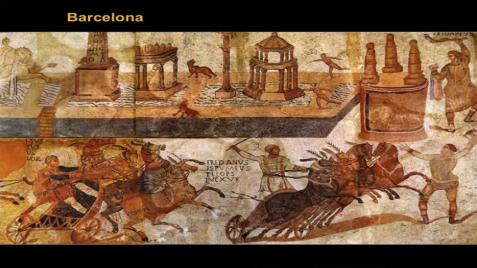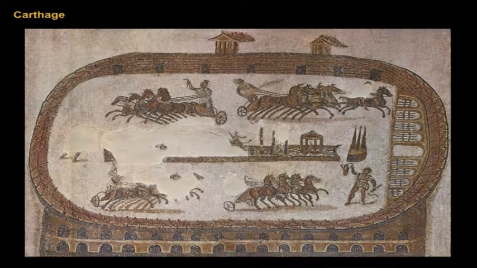A singular feature of these circus mosaics, which sets them apart from other mosaics depicting Roman spectacle, for example, gladiatorial combat, is that they are defined by an architectural space that is appropriate to the activity. And this is usually indicated by the provision of the central barrier, which you can see here on the Barcelona mosaic. However, the mosaic from Carthage shows an impressively complete depiction of the venue, with the race completely enclosed in